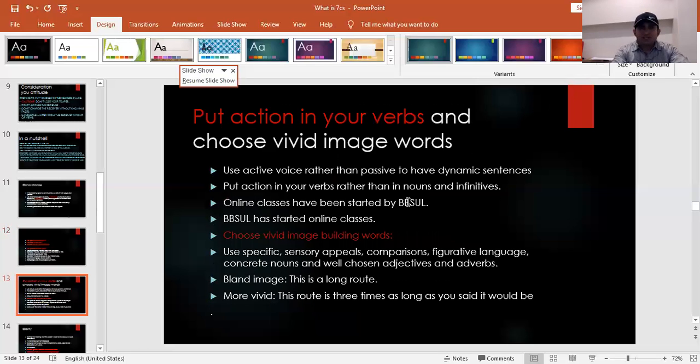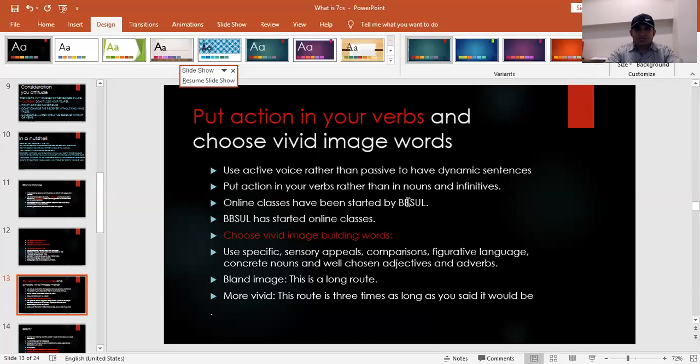उसके बाद, put action in your words and choose vivid image words। यूज एक्टिव वॉइस। जब आप एक्टिव वॉइस इस्तेमाल करते हैं तो एक्टिव वॉइस पैसिव वॉइस से ज़्यादा बेटर, बिकॉज यू नो वेरी वेल दैट हु इज एक्चुअली सेइंग, कौन बातें कर रहा है। ठीक है, तो एक्टिव वॉइस बेटर है। पैसिव वॉइस में क्योंकि सब्जेक्ट की जरूरत नहीं पड़ती है, जैसे कि जो है थोड़ा सा इमेज पता चला जाता है